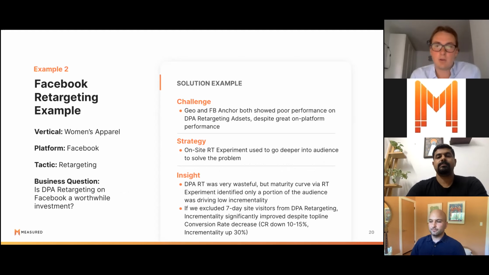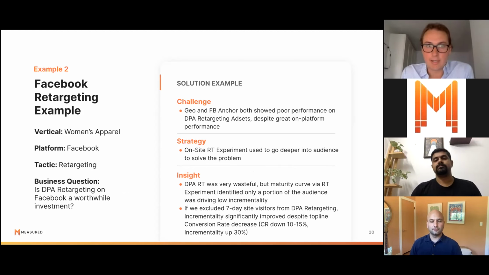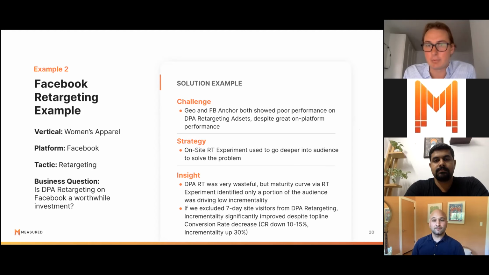Yes. So dynamic product advertising on Facebook, almost always in the context of retargeting, is when folks hit your site and then you shortly thereafter serve them a catalog of products that you preloaded to Facebook. So it's a very lower funnel retargeting tactic. It tends to look really, really good in last touch attribution and in on-platform attribution. But as I'll walk through right now, that is a pretty big misnomer and easily can misdirect allocation if not accounted for properly. Great. So what was the challenge here in this particular women's apparel case?